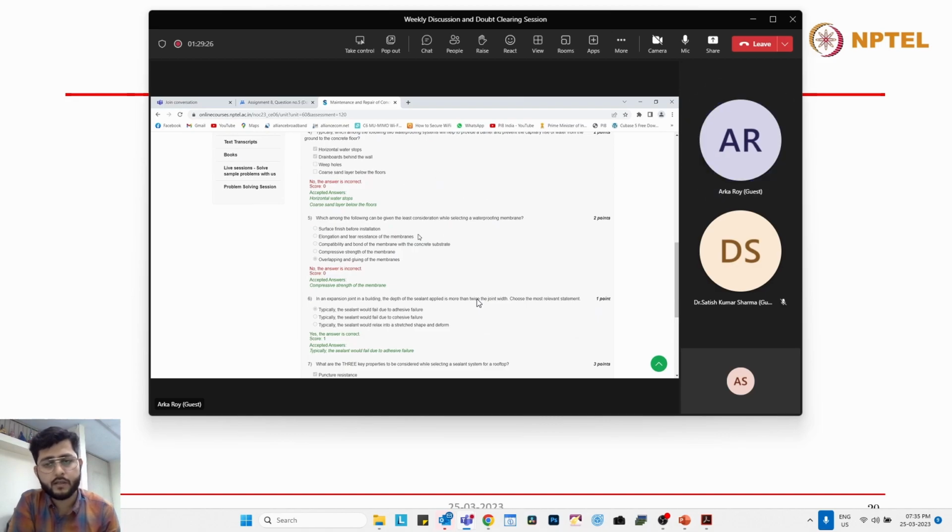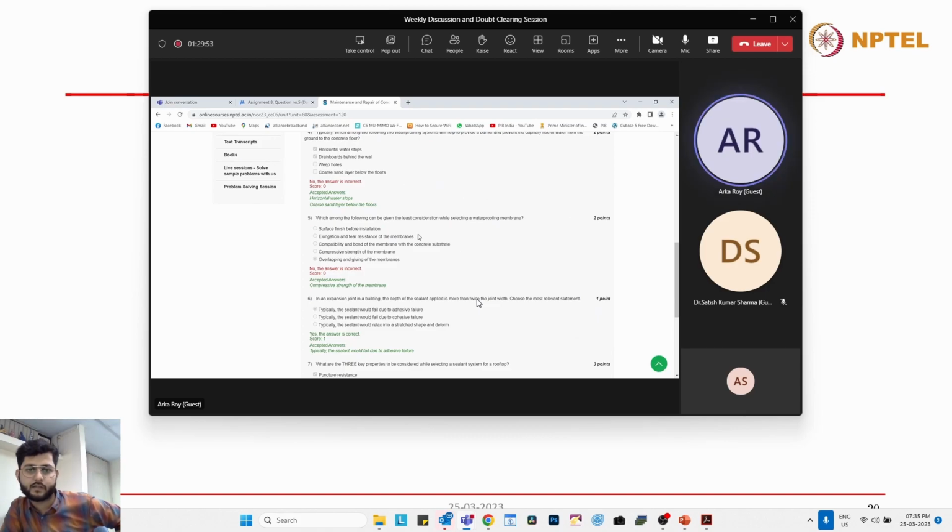Even if you have provided a very good concrete mix, you have tested the concrete mix in your laboratory, and you've gotten very good results, this is related to workmanship. This is not a part of the answer anyway. Yes, sir. That means this point should not be considered among the other four. We have to choose the least. Then you can't consider compressive strength while selecting the material. That's what is being asked.